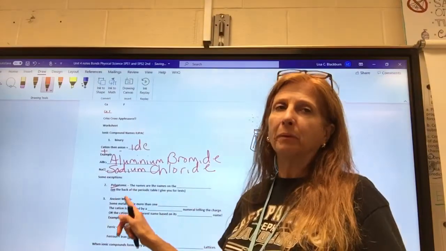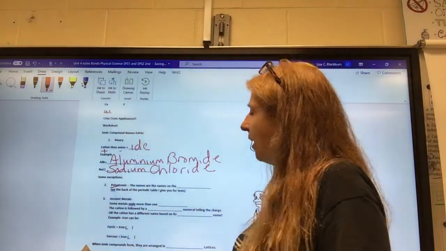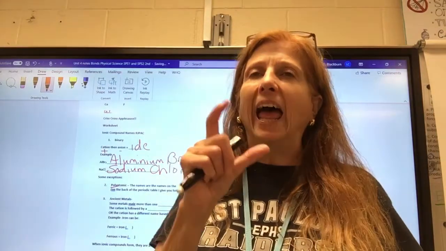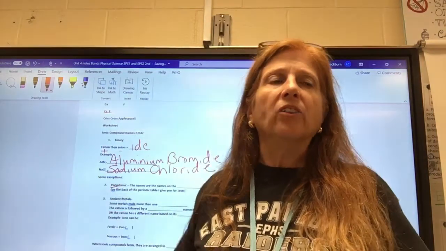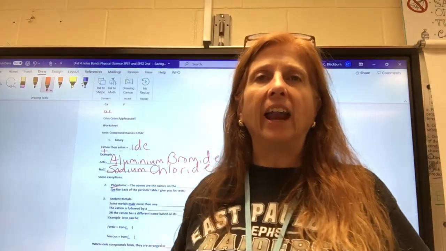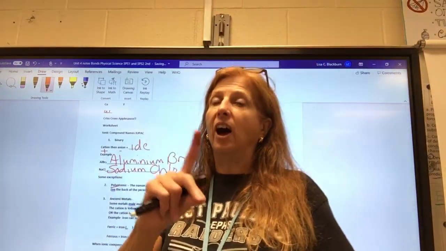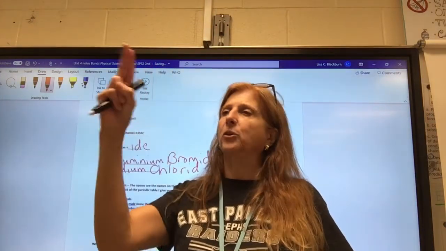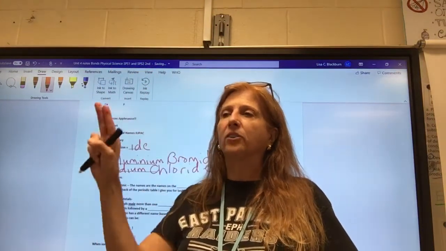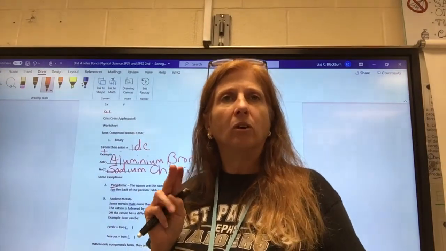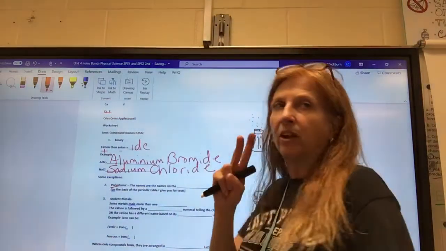So poly is many. Polyatomic is, these are more than one atom that act together as one. So one of the ones you hear is sodium hydroxide. That hydroxide is made out of an oxygen and a hydrogen stuck together. There are 2 atoms, but they always are together and act as one. They're sort of like a little married couple or a married family or something, because it's not just 2, and